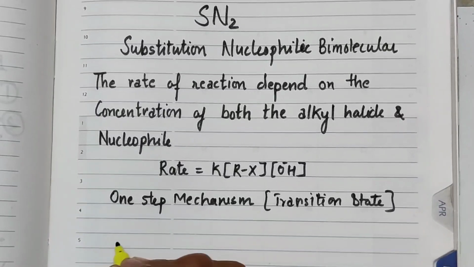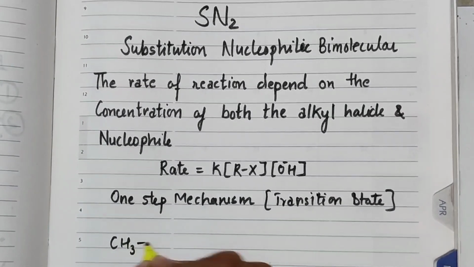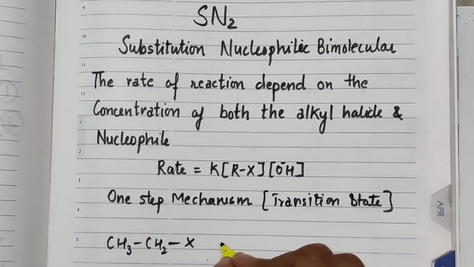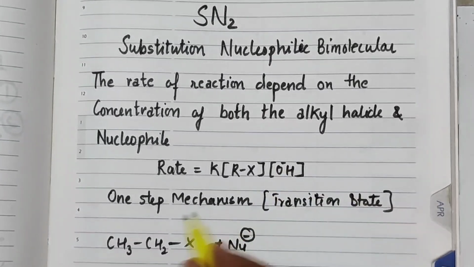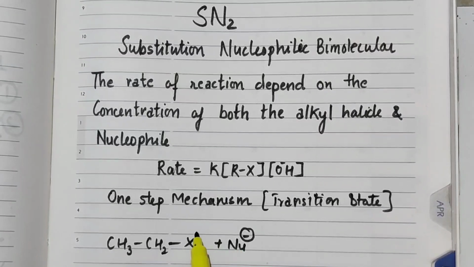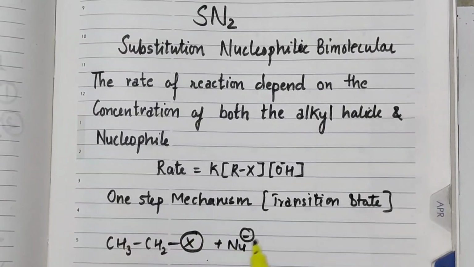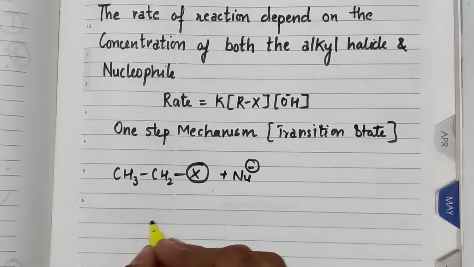Now if I am taking an example, for example CH3CH2X, a nucleophile has to attack over it. It can be an OH, for example, attack over it. Attack from this side cannot be possible because negative will repel. So there is always a backside attack in the case of the SN2 mechanism. Now what do you mean by the backside attack?